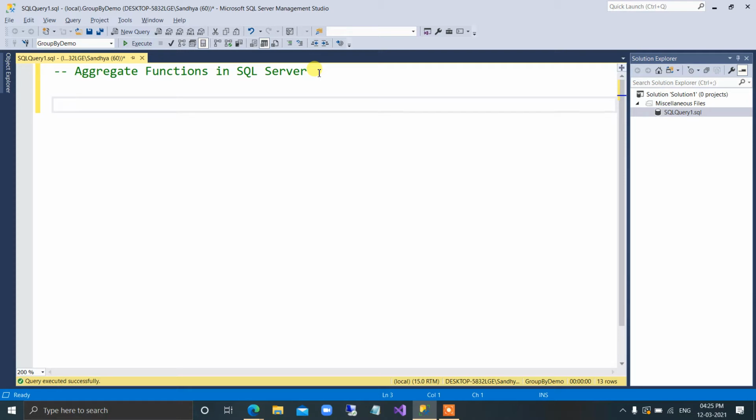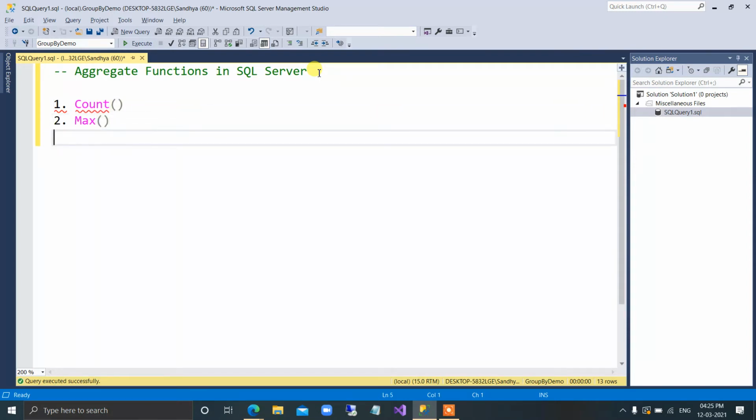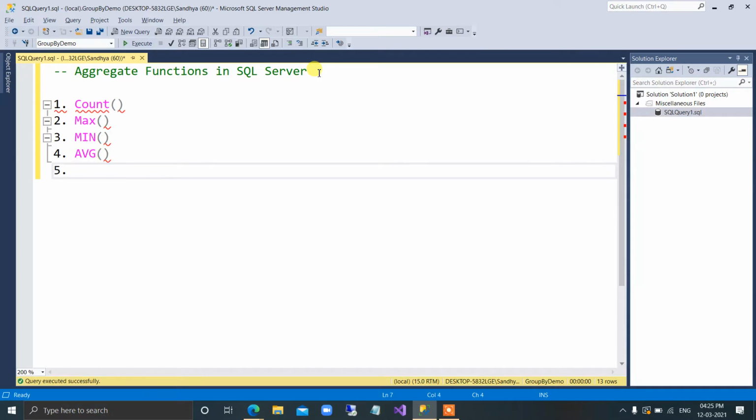So these things you can find out by using the aggregate functions. There are many aggregate functions, but we will cover mainly some of the aggregate functions which are mainly used in SQL Server. For example, the one which is mostly used is count. Then you have max, then min, average, and sum.